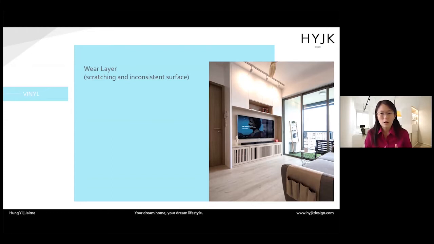The first thing is the wear layer. Basically, how easily it scratches and whether you have an inconsistent surface. Sometimes it's not very obvious, but when the sunlight hits the floor, you will see some scratching and an inconsistent surface on the ones with a very thin wear layer.